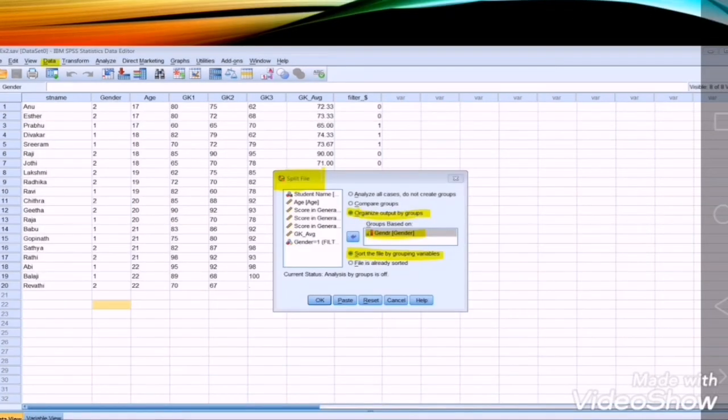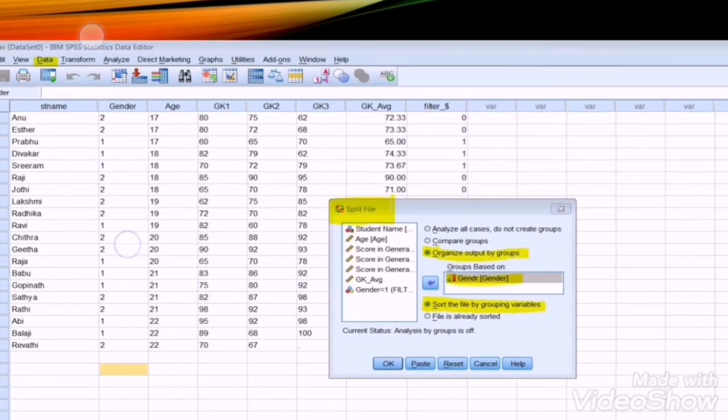Let us go ahead with the next command, that is split file. We can even split the entire records into a specific number of files, so that further analysis will be done separately for all these files. Here we have to click on the data menu.